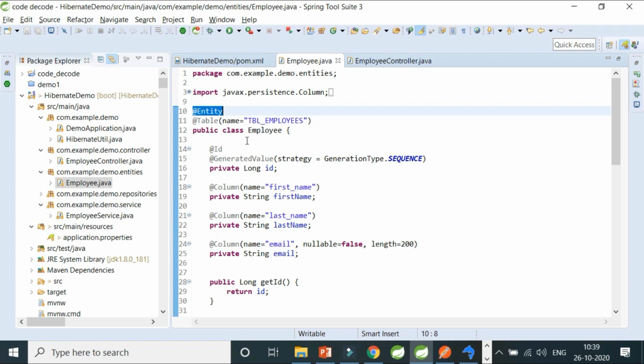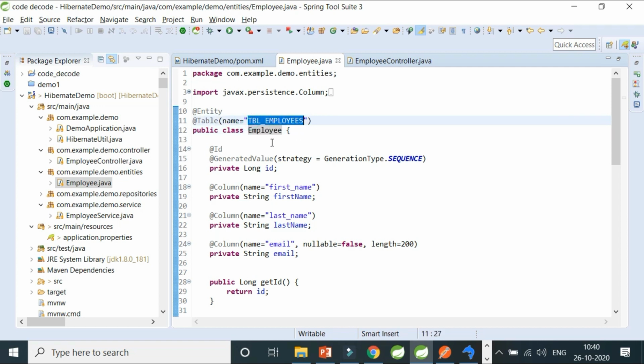So the first thing is @Entity, which makes your employee class a persistable object, which is good enough to be persisted into your database table. So if it is something which is to be persisted into the table, then it should have a name.